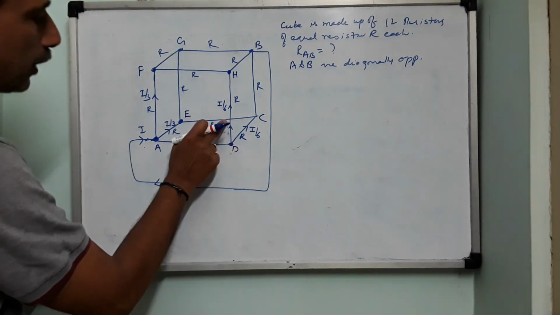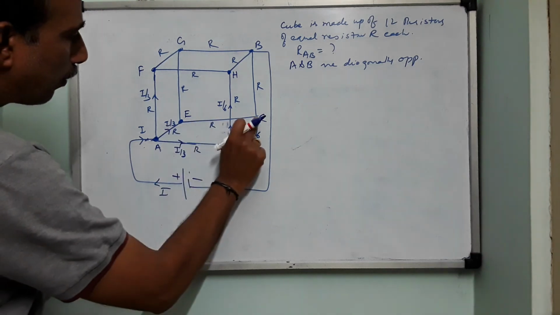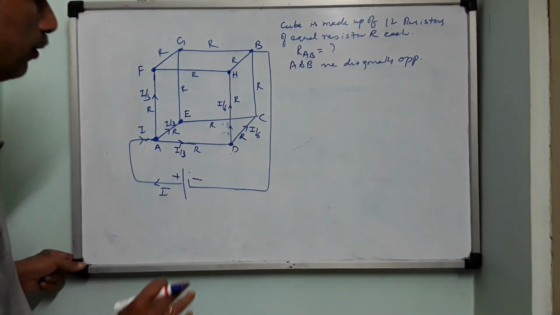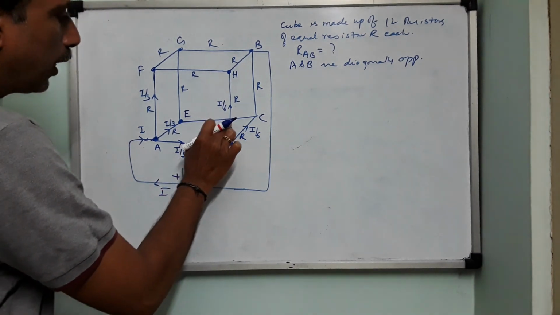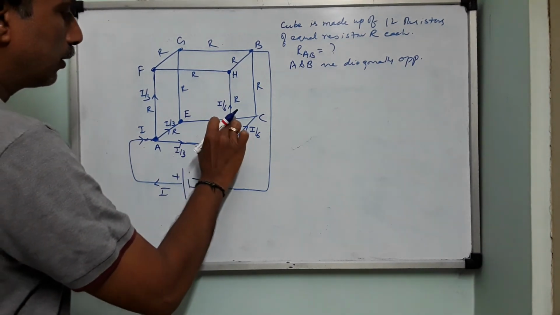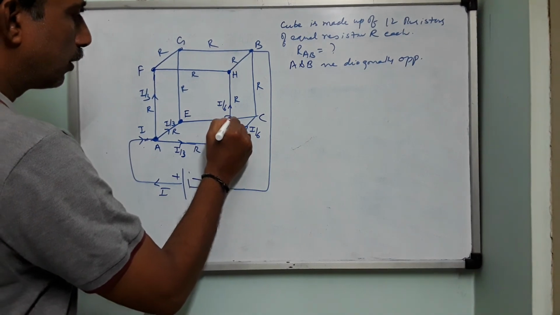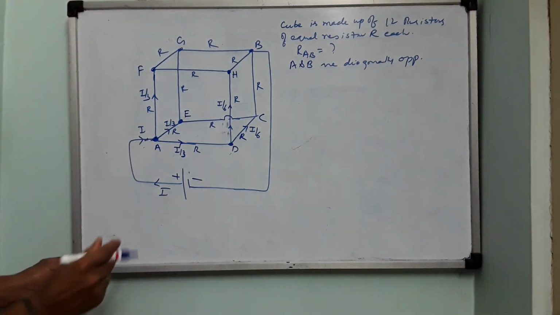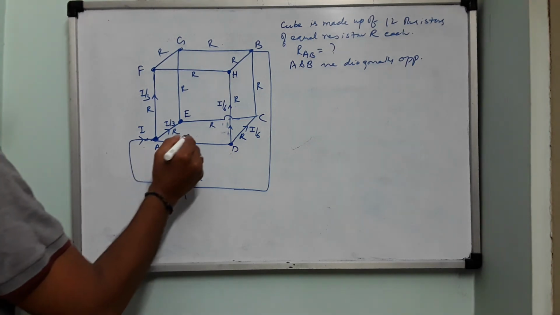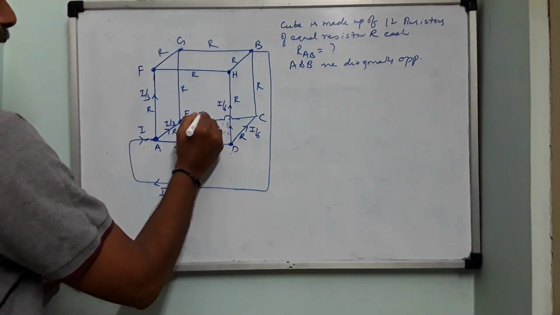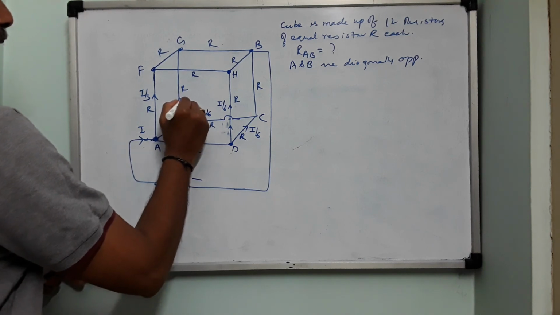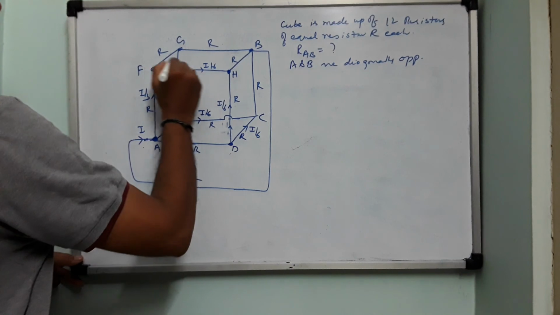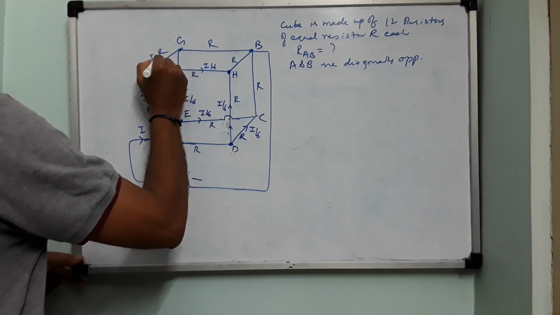I by 6, there is no junction here. This horizontal wire is behind the vertical wire. It's not a junction, so currents will not join at this point. Rather, I can show you like this, it is like a loop. Right. So I by 6 and I by 6. Similarly, this one, here it will be I by 6, here also I by 6, and this current here is I by 6, and this is I by 6.